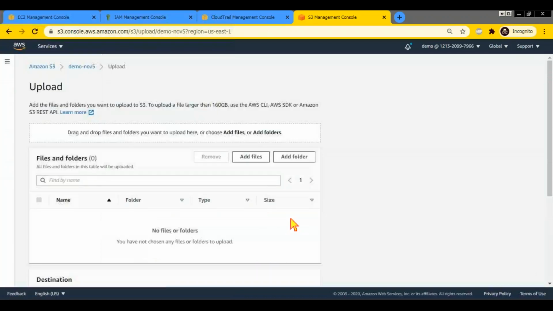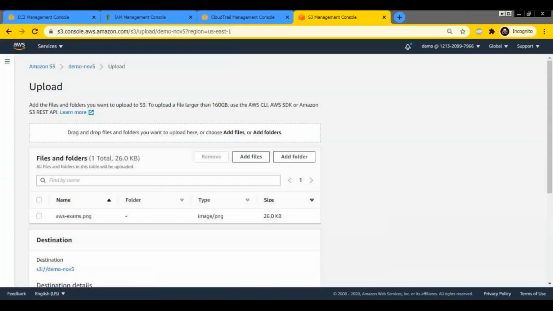Now if I say upload some object, I can drag and drop some file over here. So let me quickly drag and drop some file. We are going away from the topic a little bit, but I just want to show you this in case you have not used it. Now I'm uploading a file by dragging and dropping here.